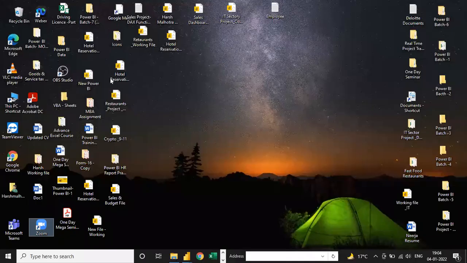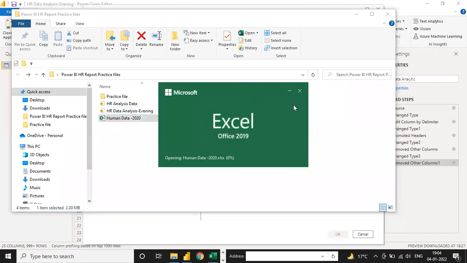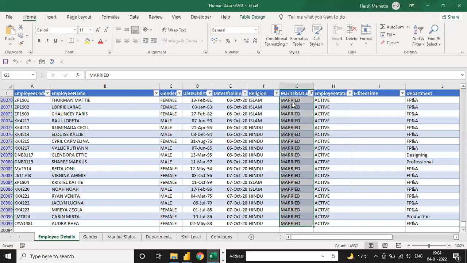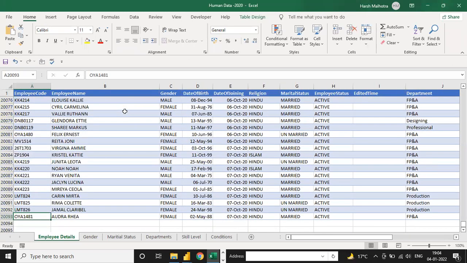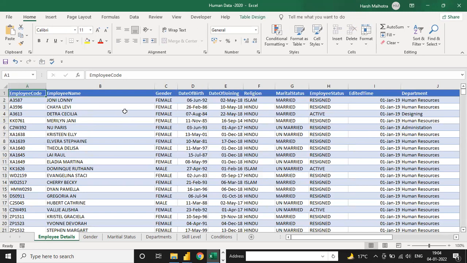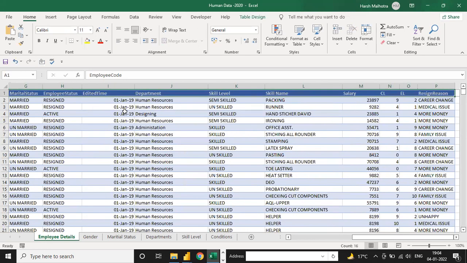If I open the Excel file in front of you, this is my Excel file. Almost 20,093 rows of data we have, and this data is in a completely clean form, so we don't need to do any transformation on it.